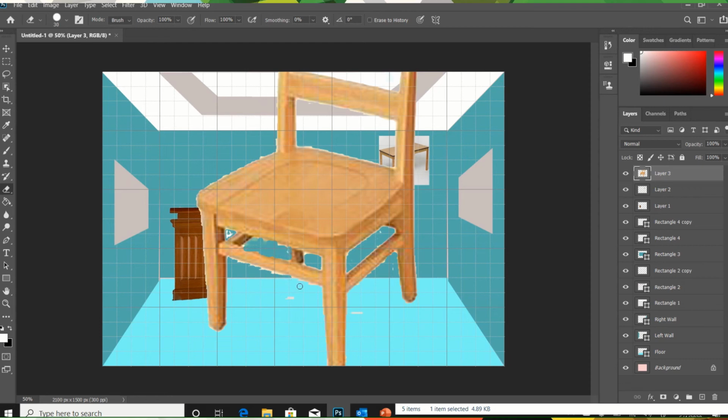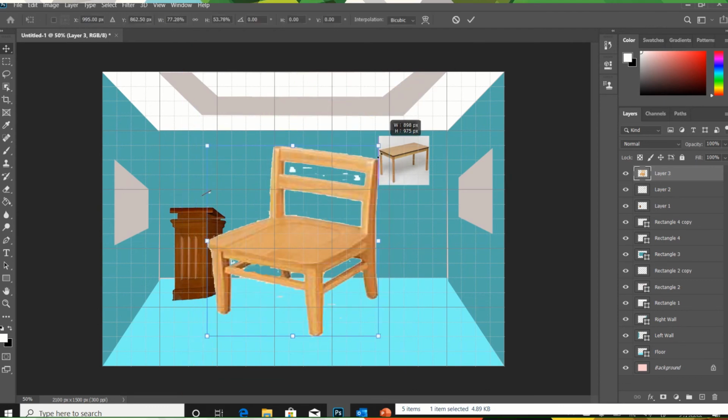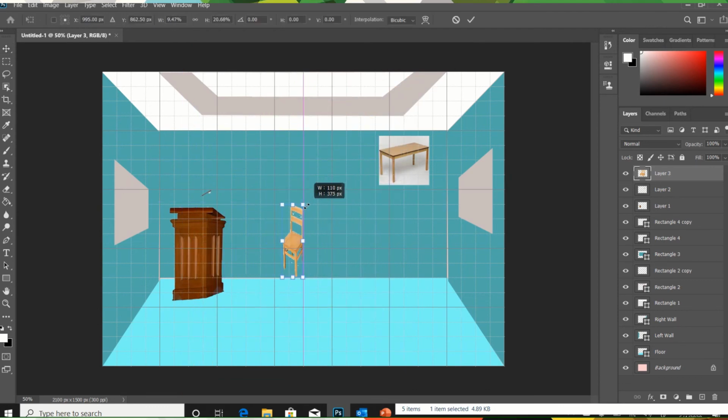Alright, so that's how you can clean it. Okay, I'm going to decrease the size of the picture to adjust it in the classroom like this. Okay, so we got this picture now, and again when I'm placing this picture it should face towards the podium and